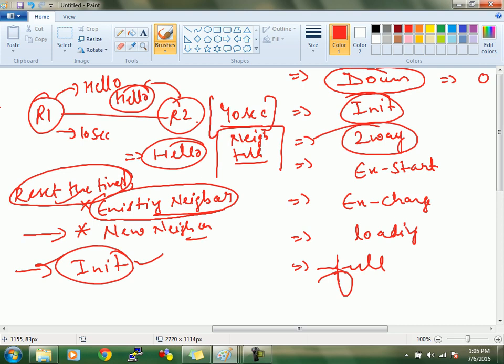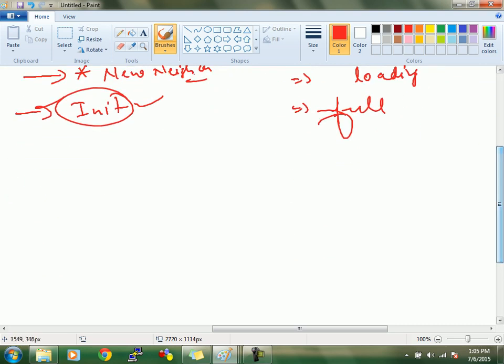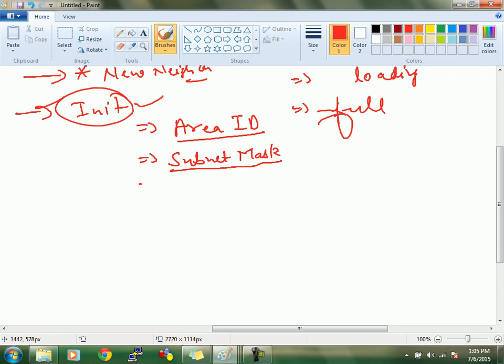And before this two-way state, how many things are checked in the hello? Which parameters are checked? Those parameters are, first is area ID. Second thing is subnet mask. Third thing is... fourth thing is,